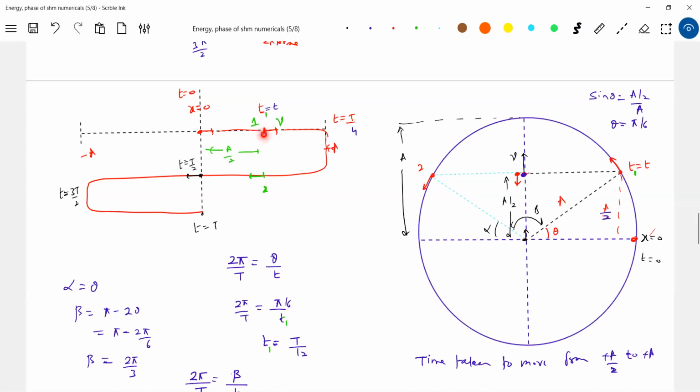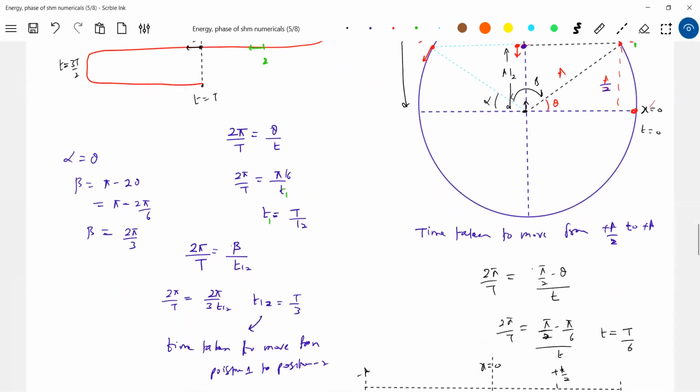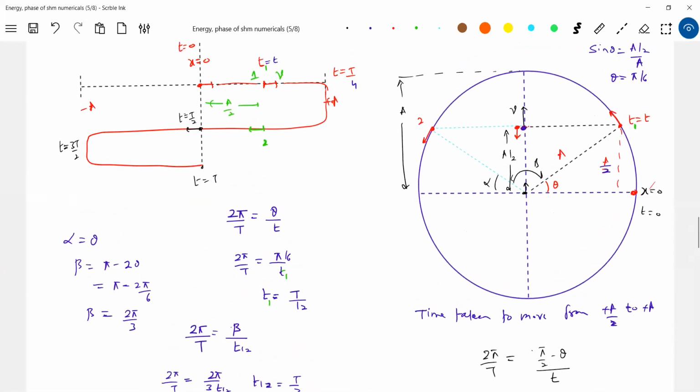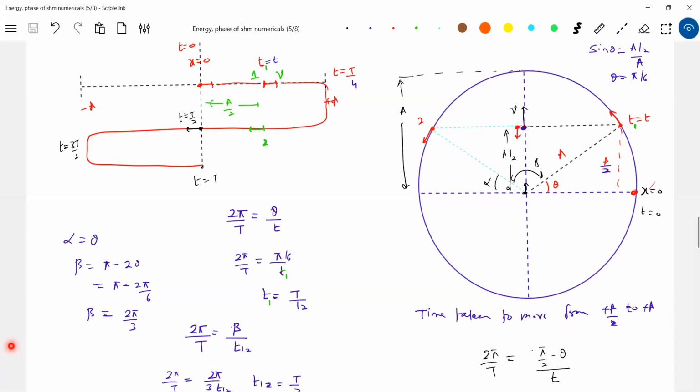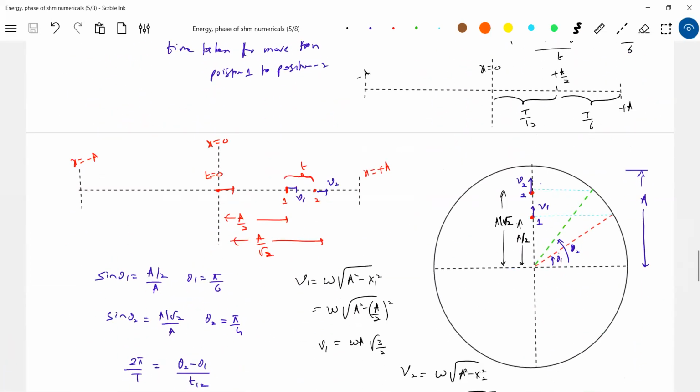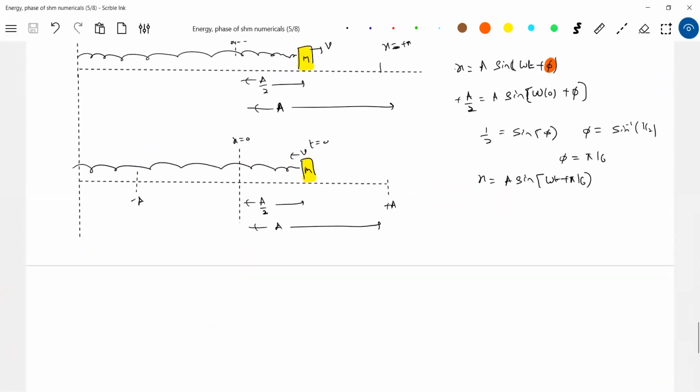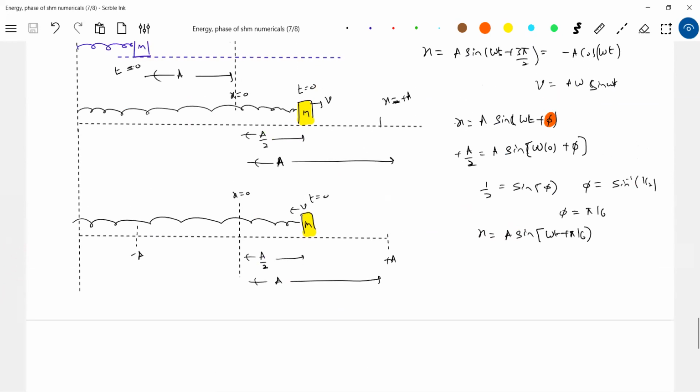What is the phase of one? Something you have brought, no? They will have different phase, no? So the phase of this will be between 0 and pi by 2. What about the phase of this? It will be between pi by 2 and pi. Definitely 1 and 2 are having different phase. So therefore we have to find out. So I suggest you, rather than trigonometry, better we'll take help of the circle. The idea of the circle will help us a lot.